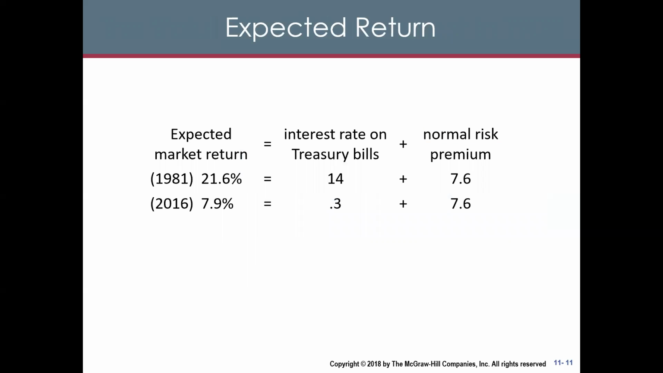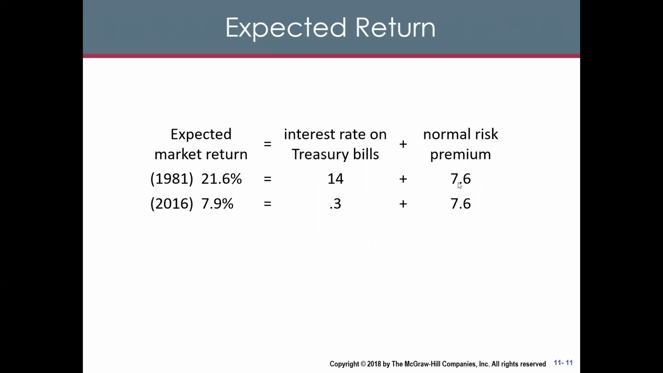Okay, so how large is this risk premium? Say in 1981, the expected market return. Okay, for the market return you can use, say, the S&P 500 index to form a portfolio, and the market return is the return of this portfolio. Okay, so the market return in 1981 is 21.6%. The interest rate on the treasury bill that year is 14%. It's very high. Okay, it's likely due to the inflation and the interest rate in that year. And the nominal risk premium is